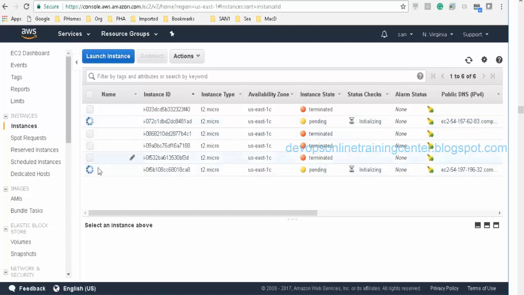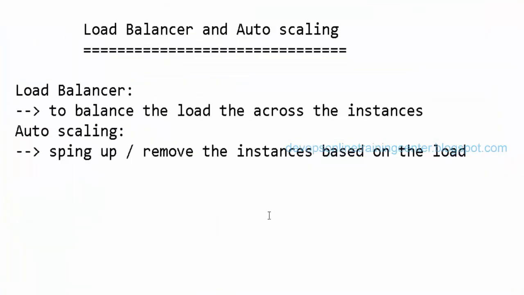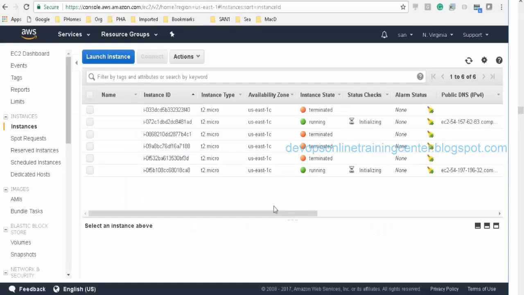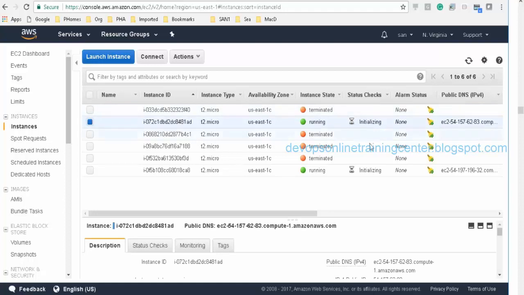So this is spinning up 2 instances. We created a load balancer, and we create 2 EC2 instances, and we'll add those instances to the load balancer. This is still initializing, so we can log in once it is okay.